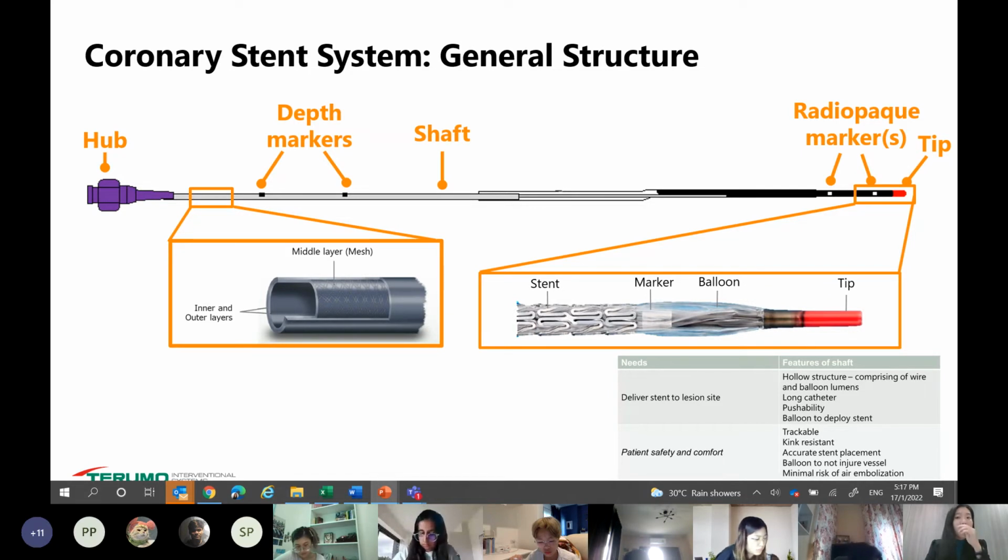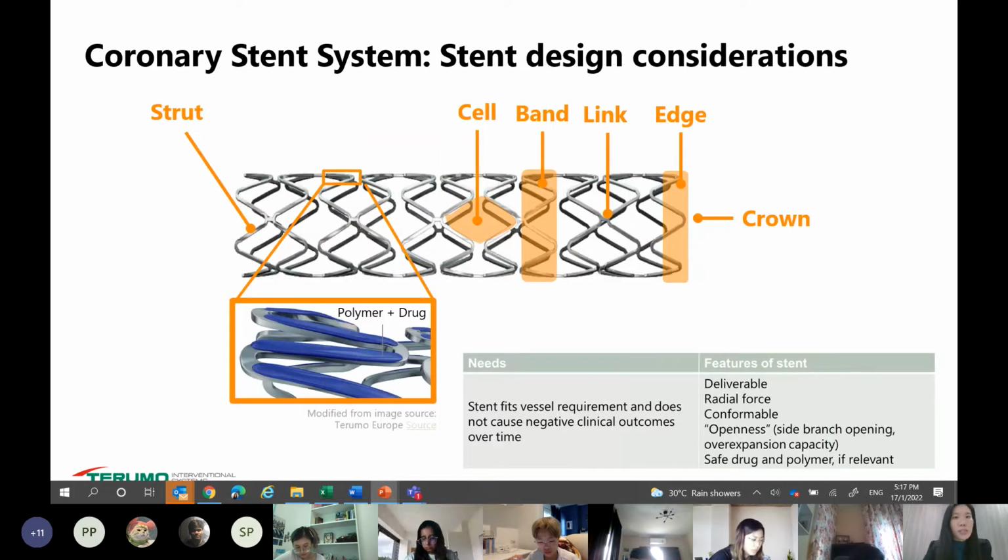It's very similar. The only difference is that it has this stent that is crimped at the distal edge of the system, of the shaft. The stent itself can be a bare metal, which means that it's purely metal. But typically, recently, what is commonly used is a drug-eluting stent, which means that there is a polymer that carries drugs on the stent, attached on the stent, so that when it's delivered to the vessel, this drug will